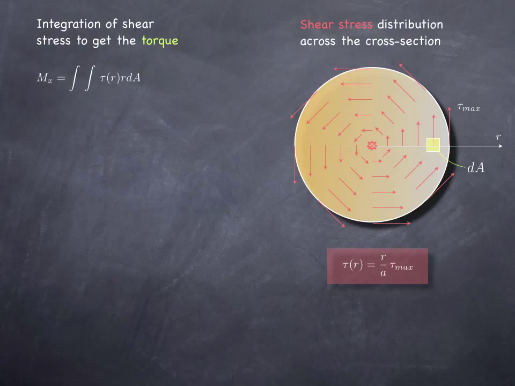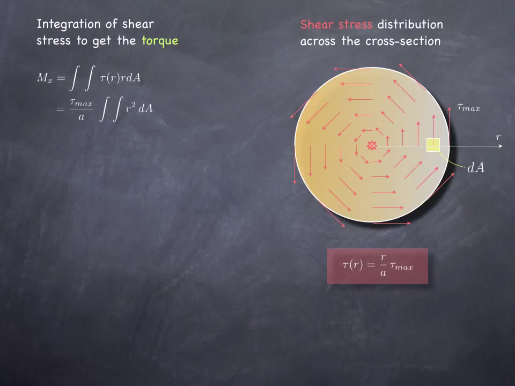And then we would multiply the distance of this force from the centroid to determine the contribution to the torque of this little forcelet. And if we sum them all up, carry out this integration over the entire cross section, we should get the resultant torque. You can carry out this integral in different ways, but before we do that, we can